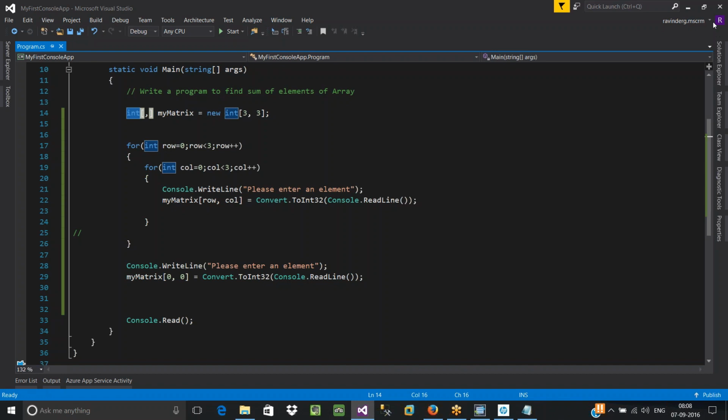Later we'll see more about it. So now you know how to place elements into your 2D array. Okay, our array is ready. Now what has to be done? Let's say